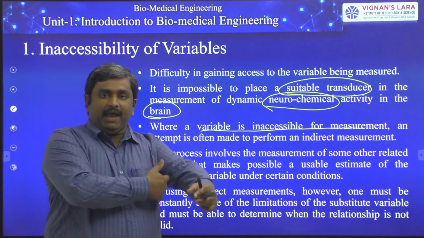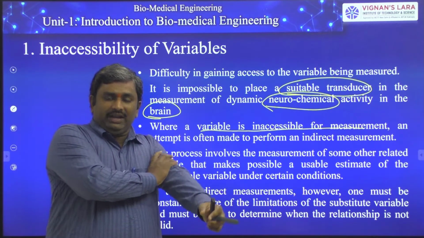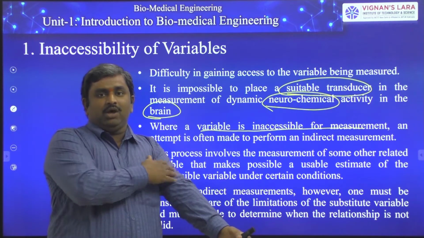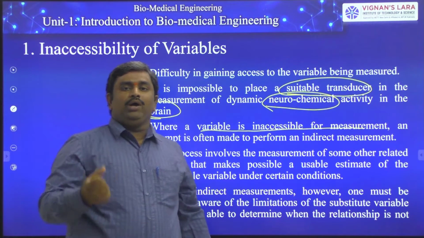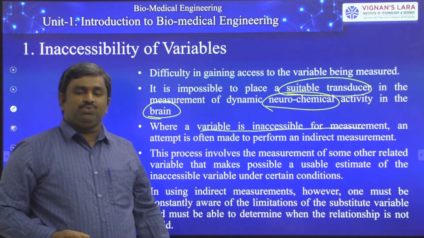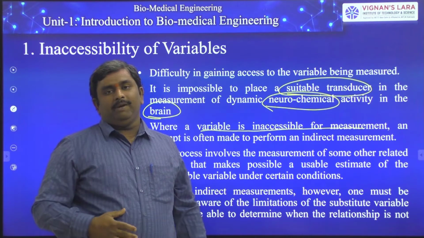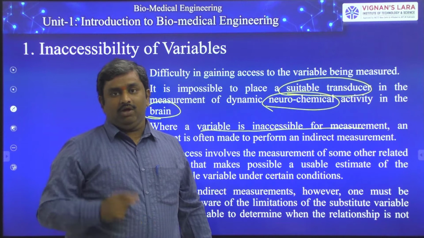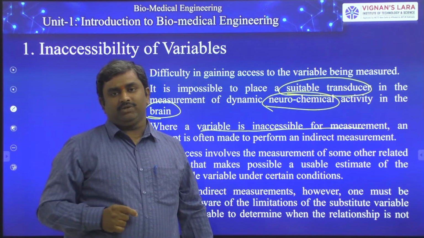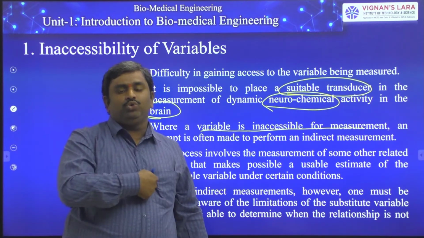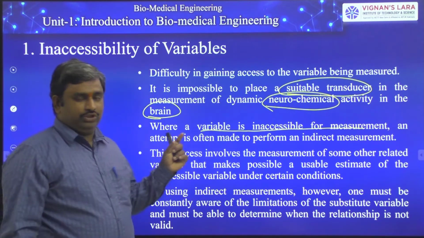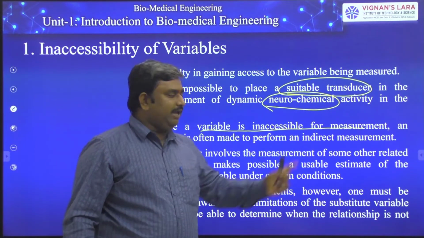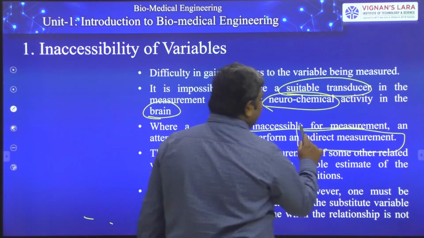We just take an air bag and fold it around our limb, the left upper arm. At this place we place the air bag and measure parameters like 120 by 80. That is the blood pressure measurement process. Actually, that is the indirect blood pressure measurement. If you want to measure direct blood pressure, then you have to keep an electrode in your heart. That is the solution. So wherever the variables are not possible to access, we introduce an indirect measurement